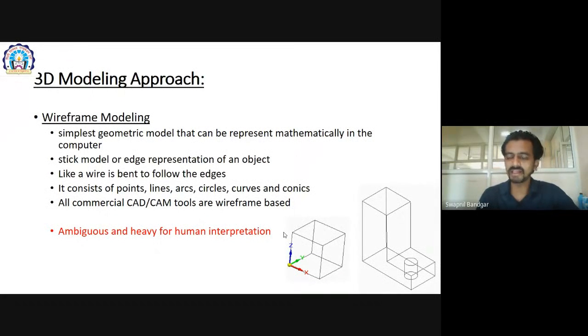Now imagine this type of modeling with IC engines, any vehicle, or complete jet engines. It will be very tedious to understand and very difficult to differentiate the parts from one another. This is the drawback of wireframe modeling in 3D.